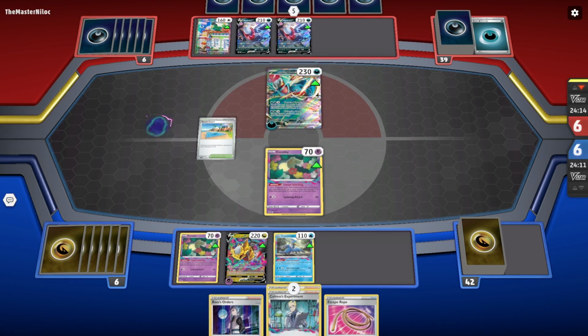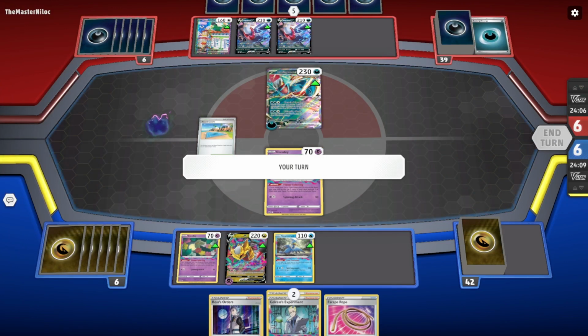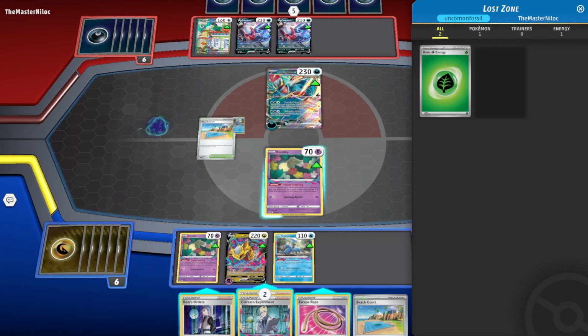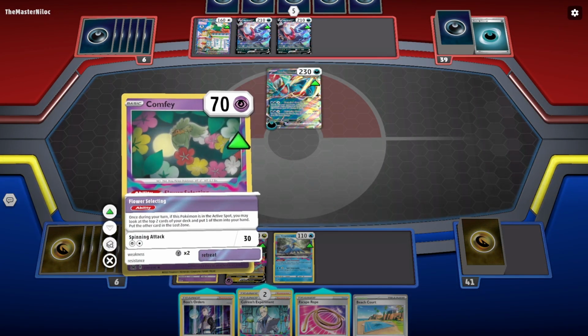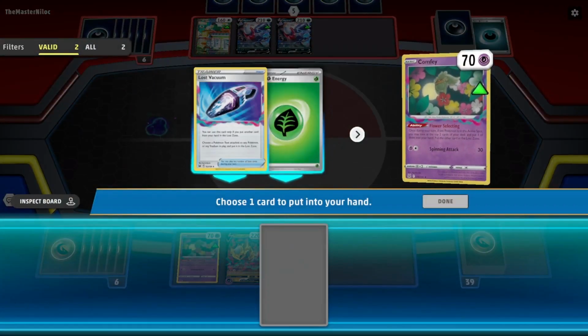So, okay, let us see what happens here. Hopefully they can't attack. Okay, they did not attack, so this is good. So I'm probably not going to get to, well, we'll see what happens. I probably want to,